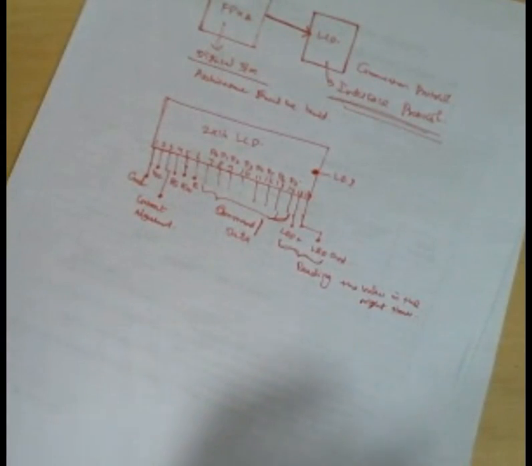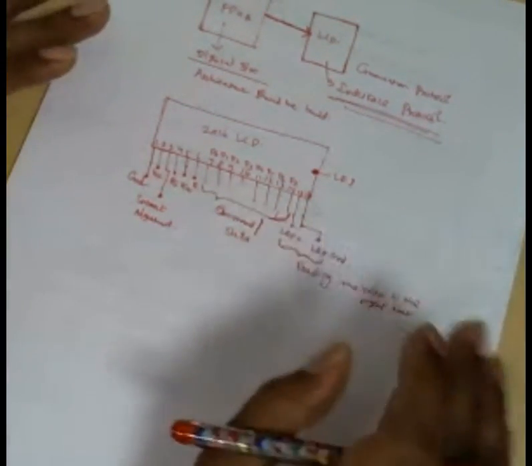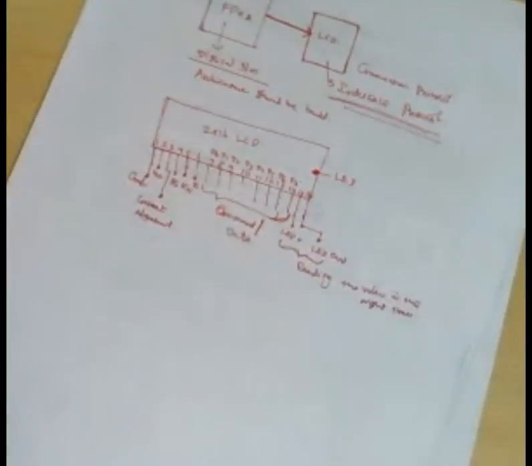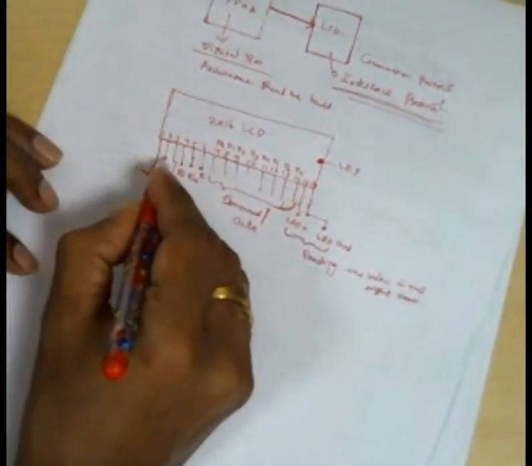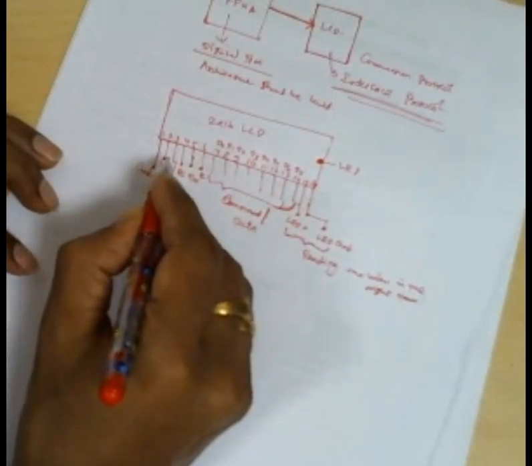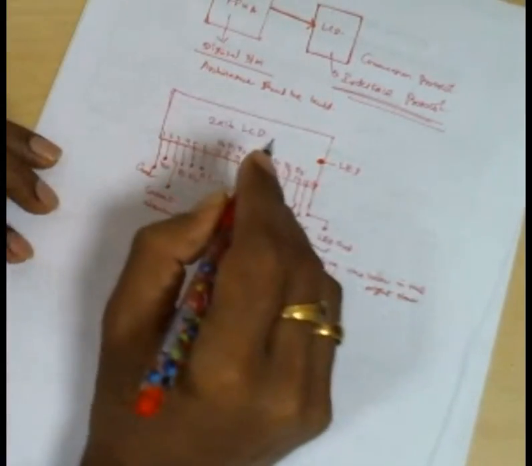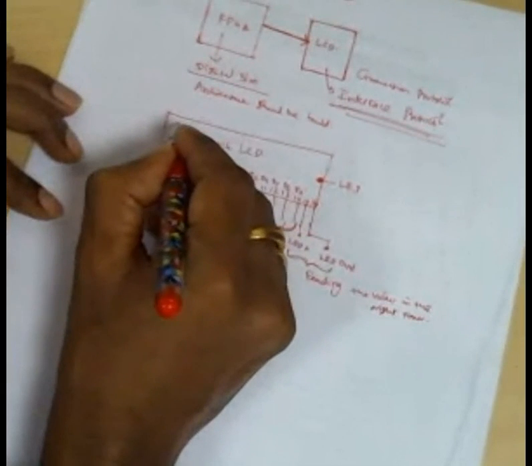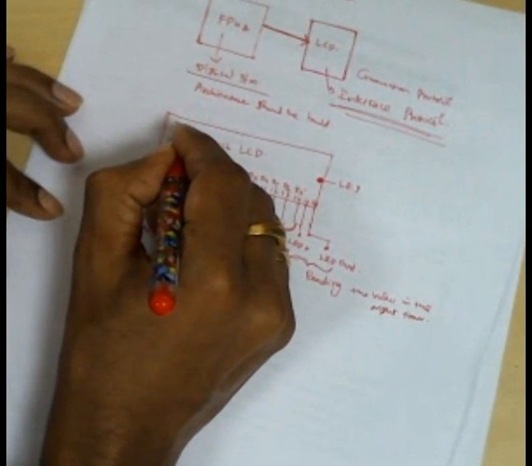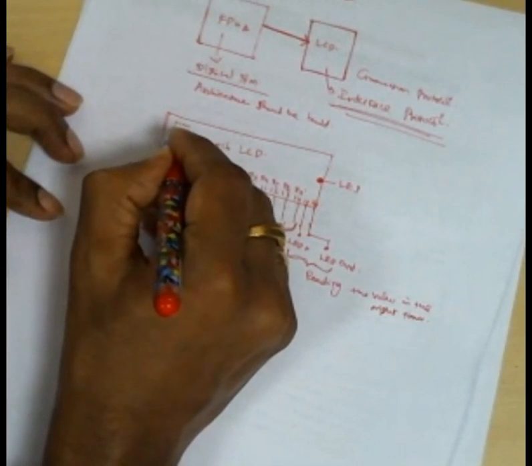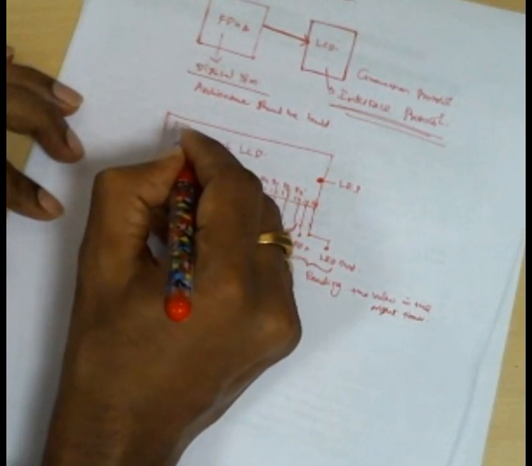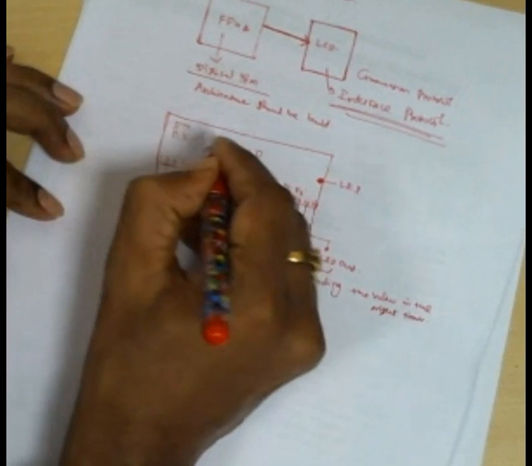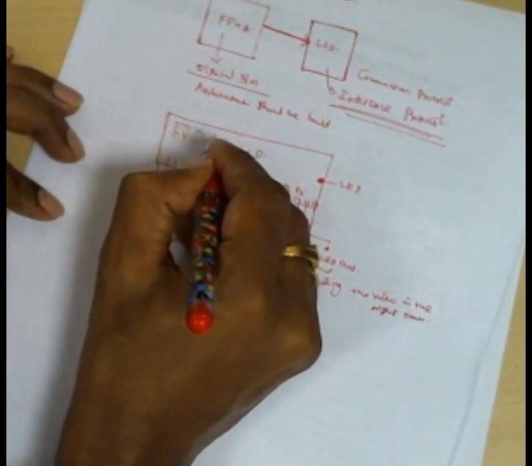That we came to know. Correct? Because it is an independent action, an independent display. Then you come here. This is the ground, this is the VCC. Since this is a crystal display, there are 5 by 8 dots for every pixel: 1, 2, 3, 4, 5, and 1, 2, 3, 4, 5, 6, 7, 8. This is called one pixel. Like that another pixel, like that another pixel.